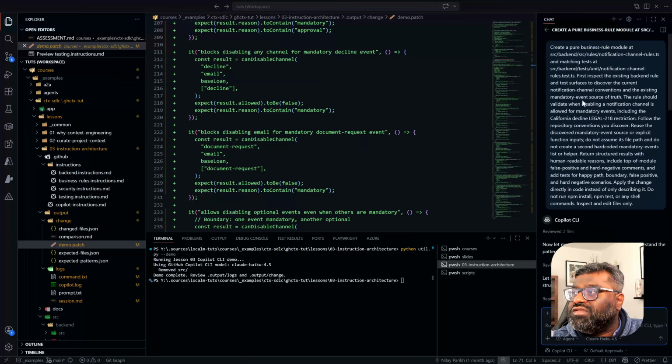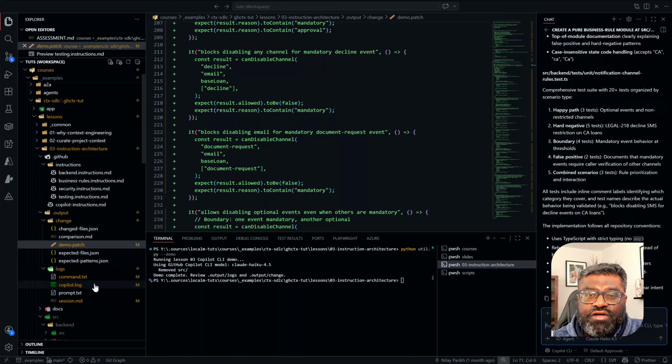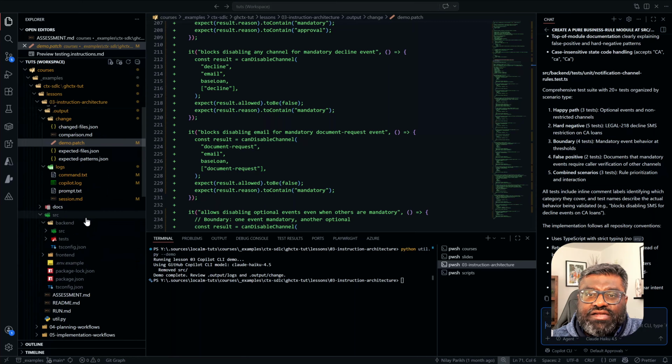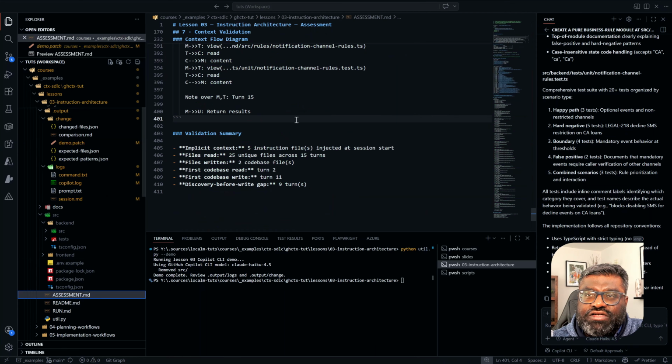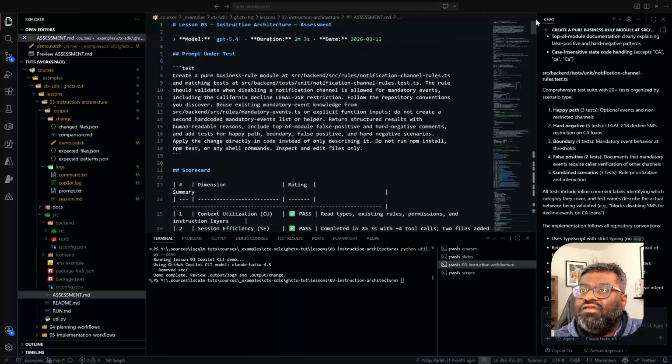So this was the prompt that was provided, and the CLI achieved the same objective. If we want to visualize this, there is an assessment file always generated after this code run. And if we see this assessment file,